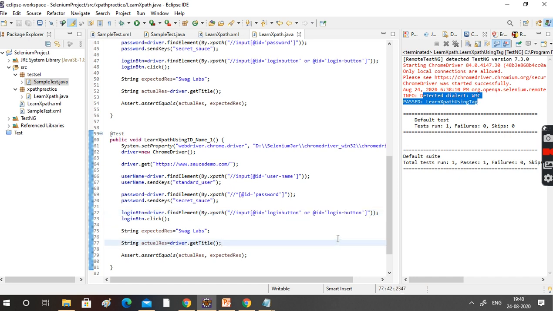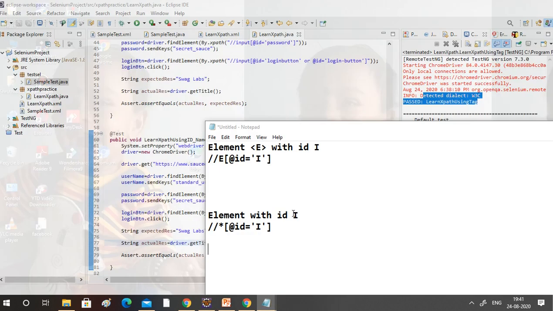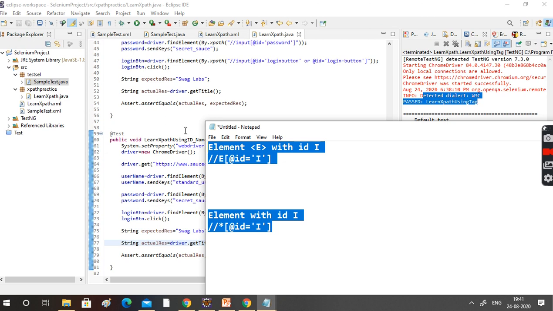That's what I told. We can identify a single person in different ways: by using the name, the employee ID, the location, the designation, or the project name. Similarly, we are using different object identification techniques. Okay, first two techniques are done.